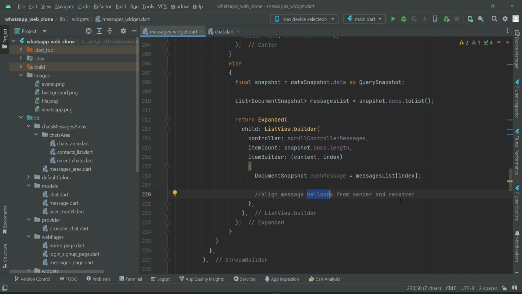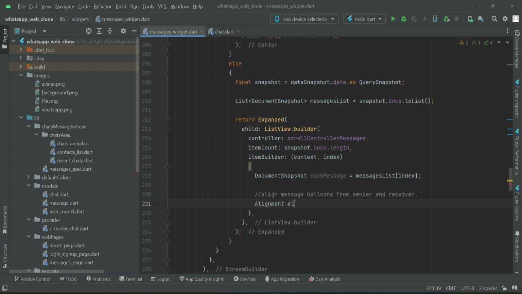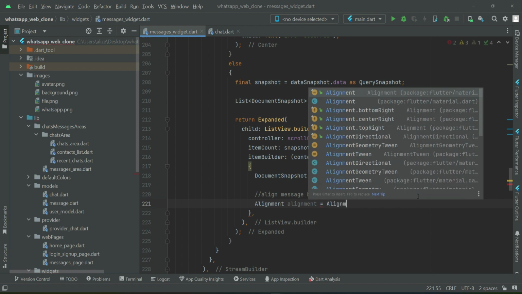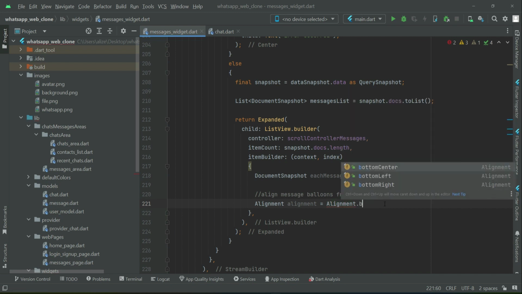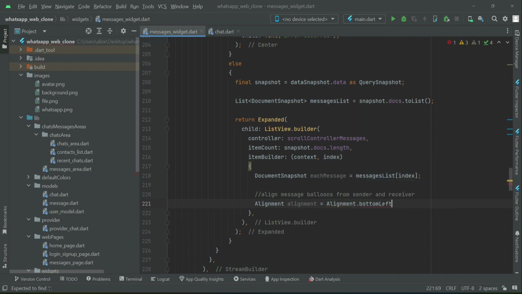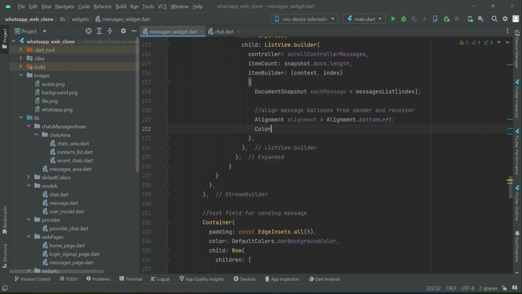As you know that the receiver is the right side and the sender is the left side, so we have to handle that. So we can say alignment dot bottom left, also the color for the bubbles,